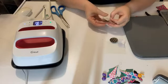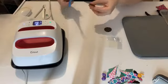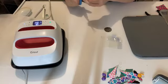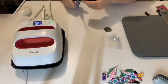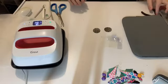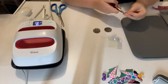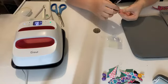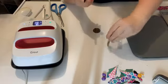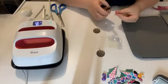I'm just peeling back this. That's just rubbish again. Once again, I've got a little bit that leant over. I think maybe the design was a little bit larger than the faux leather, which is okay. A little trim won't hurt anybody. Now all I have to do is attach them to the earrings. So once again, I'm not going to use a jump ring. Open it up, pop it on, close it up. Geez, I did that so quickly, it's not funny. That was professional in its...